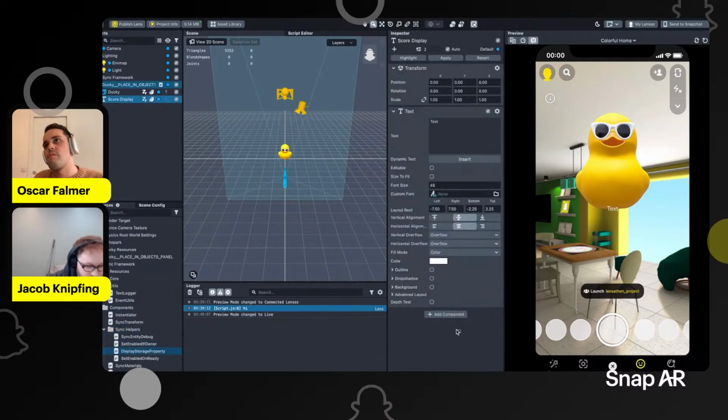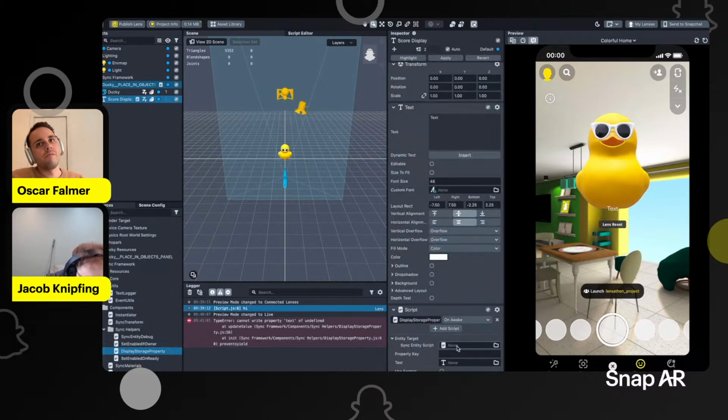So what we'll do is drag that onto here. As you can see, we need to set a target, and that's just going to be the object that had our script on it. We have to set the property key. I'm going to set it to score because that's what we called it. And I think text will automatically be filled in, but let me fill it in. We can also say what value to use or what to display if the value is undefined. So I'm going to say